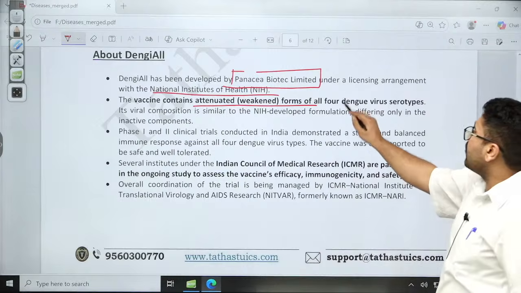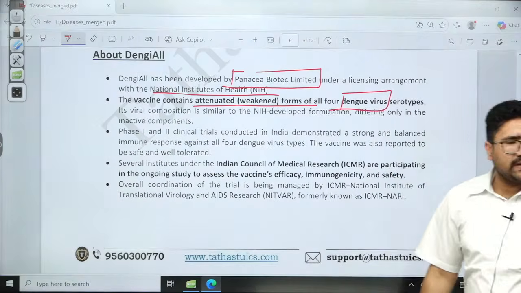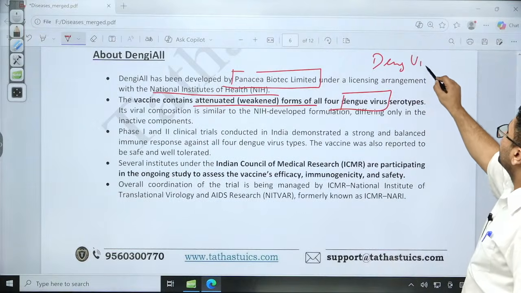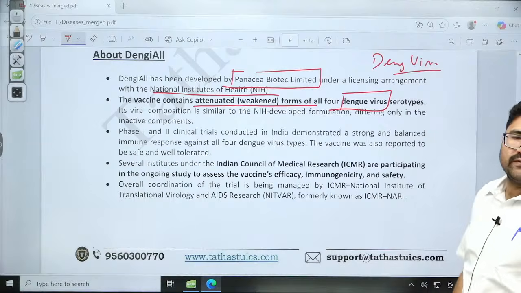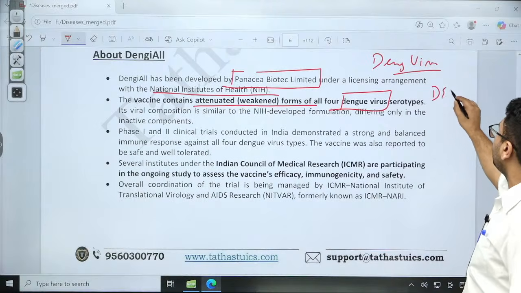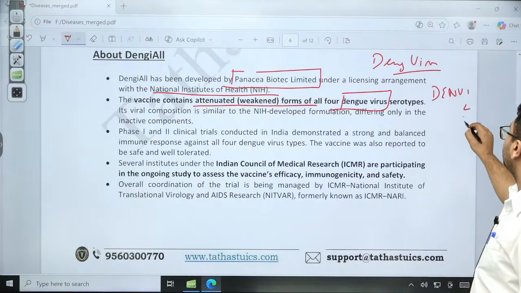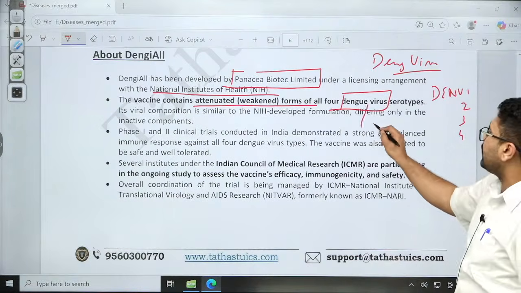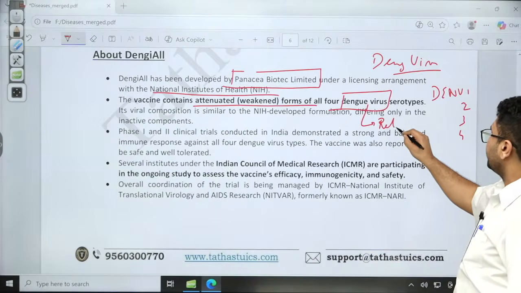Now, डेंगू वायरस का कोई और नाम नहीं है. The name of the virus is considered as dengue virus. ठीक है, so there are 4 species of dengue virus. So we say DENV 1, 2, 3, 4. Okay. So there are 4 different species of dengue virus. The name of the virus is dengue virus. There is no other name given to dengue virus. Dengue virus is also retrovirus in nature.